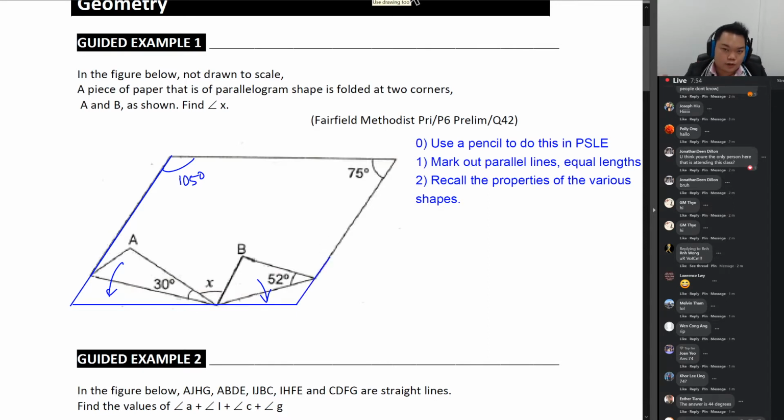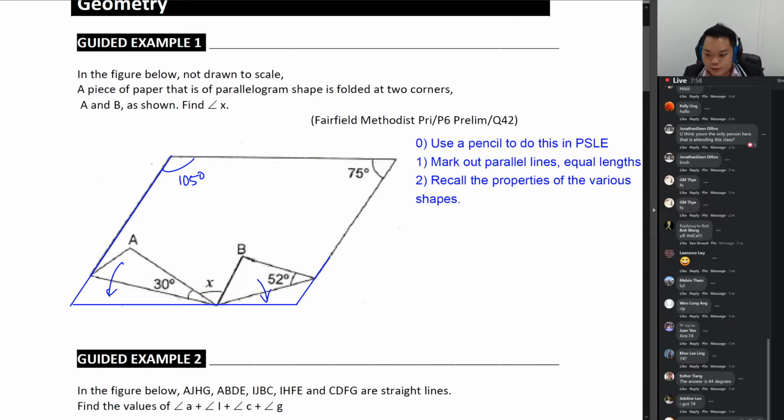You want to see what the original shape was. Well, a lot of you got it so fast. So how do we find out this angle X now? If you unfold this,